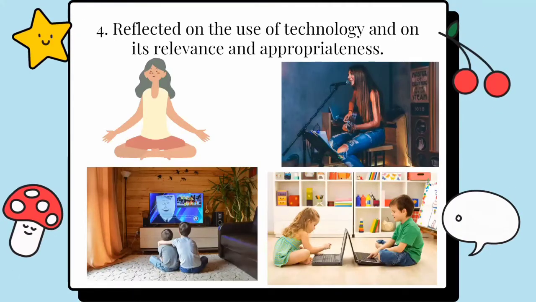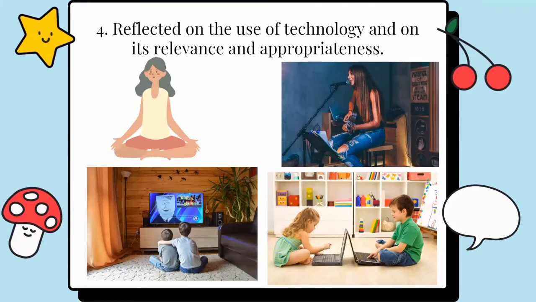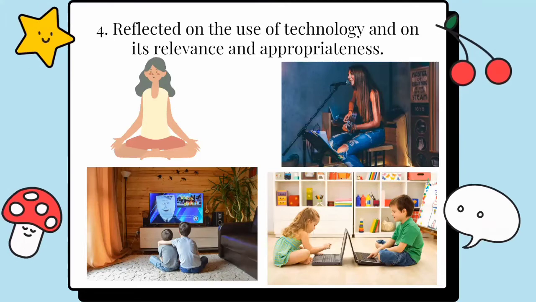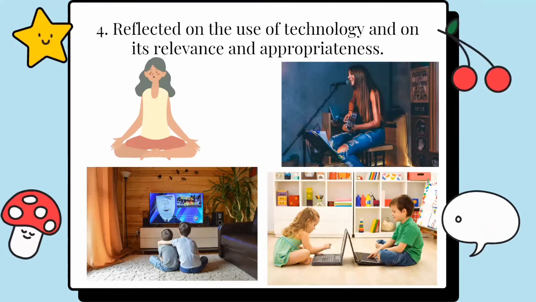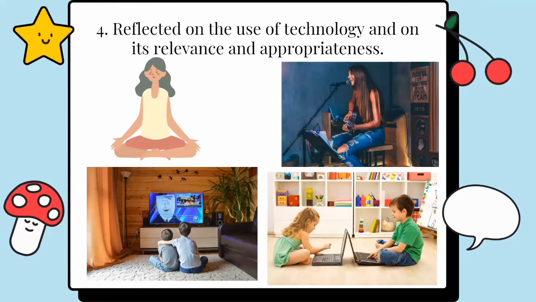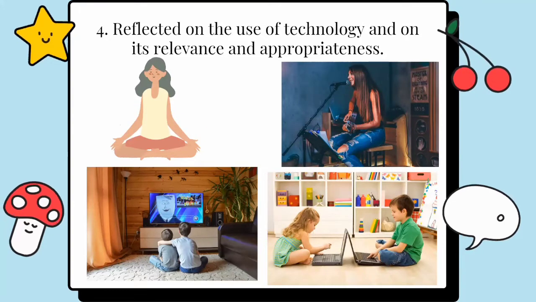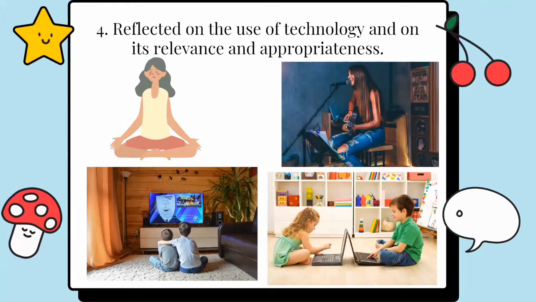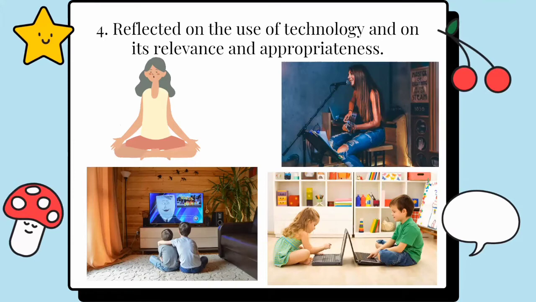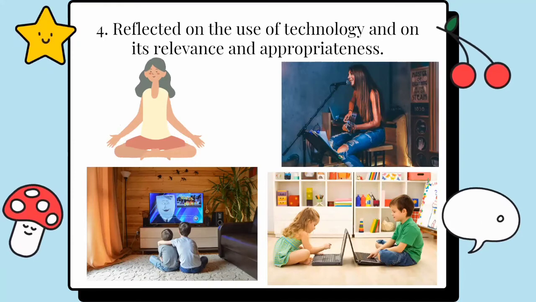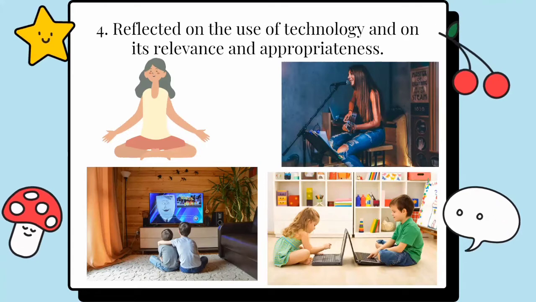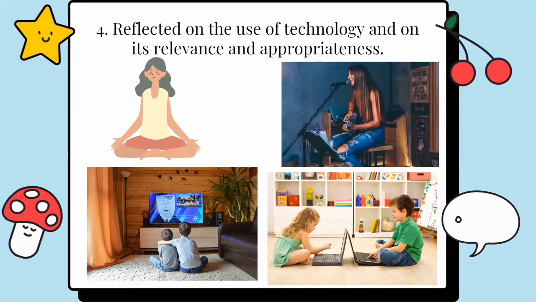Fourth, reflect on the use of technology and its relevance and appropriateness. As you can see in the pictures, young learners grow and learn, especially when families and early educators play an active role. Early learners can use technology to explore new worlds, make believe, and actively engage in fun and challenging activities such as yoga, watching TV, singing, and playing games. We can learn about technology and technology tools and use them to play, solve problems, and role play. Those are the intended learning outcomes